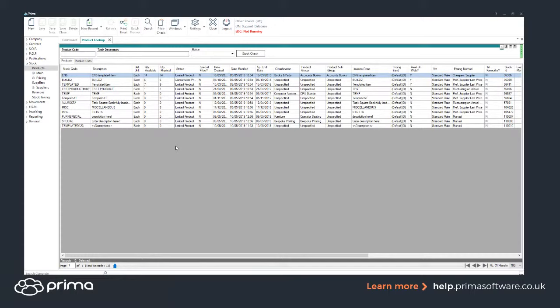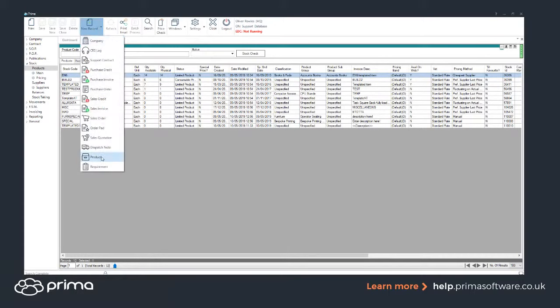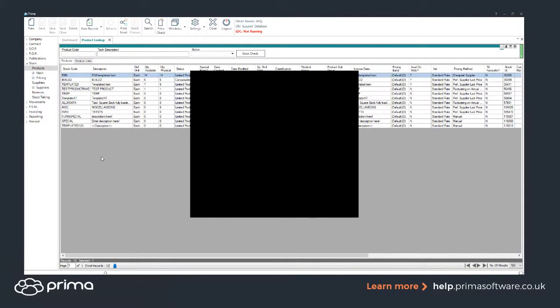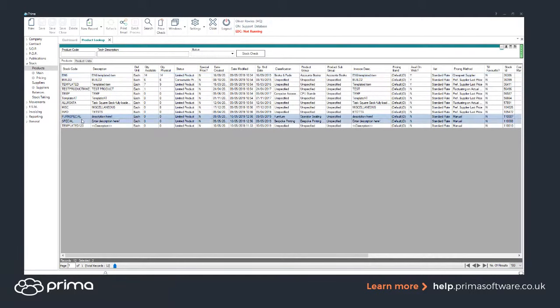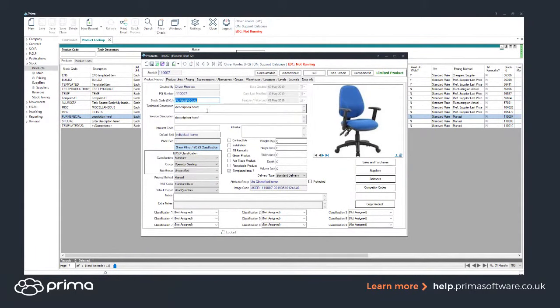When you're creating the products, if you go into new record and products, when you're actually creating that, there is a template to tick option, which I'll also show you in the product itself. So these two here at the bottom are ones I've created for today's session. So furniture special, if I just go into this one first,